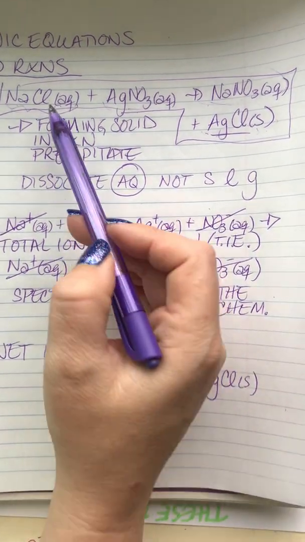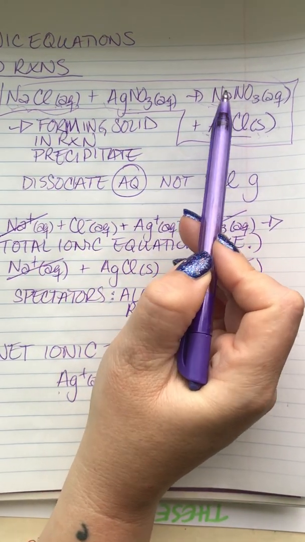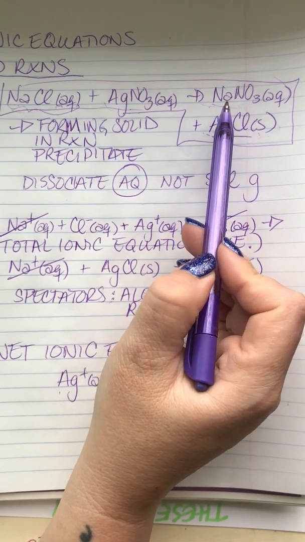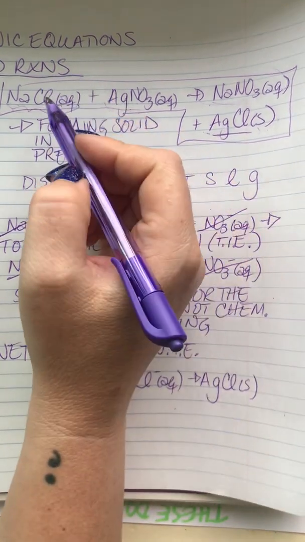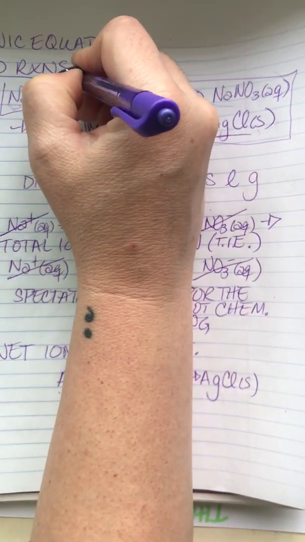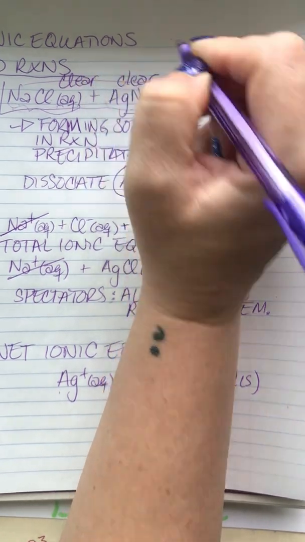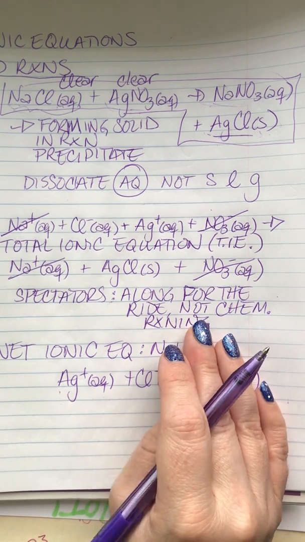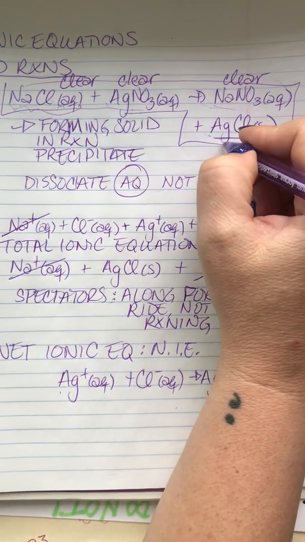But if we know that all of these species are aqueous, then what that means is they're ions in solution, right? So when you're looking at this reaction, what starts out as two clear liquids, aka homogeneous solutions, now becomes a clear liquid and a